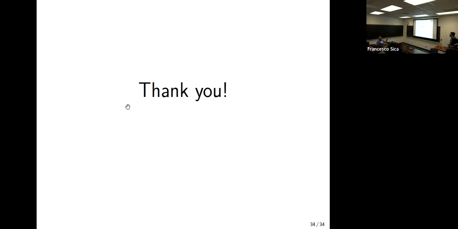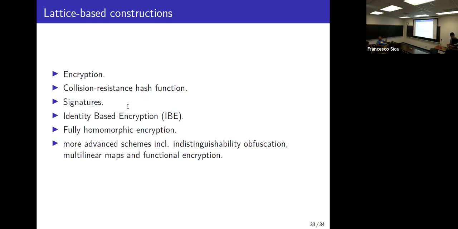Actually building this intermediate obfuscation, or is this like a wish from the start? There are some proposals, and some of them got broken. I'm not an expert on this, so I don't really know the current status of that. Actually, I think now there's a trend to build this from code-based assumptions like LPN and the other stuff. I usually don't think LPN is code-based. Okay, but in any case, there have been attempts at building this high functionality. But for homomorphic encryption, there is indeed a big trend of using lattices.